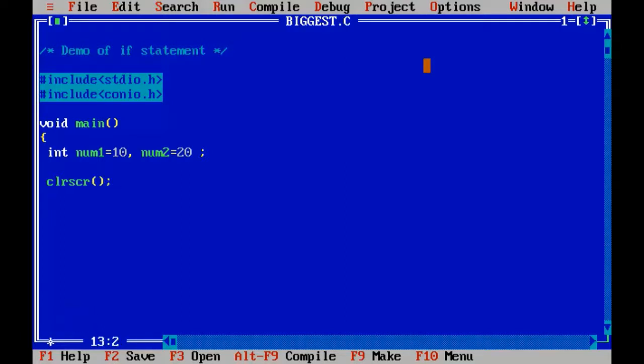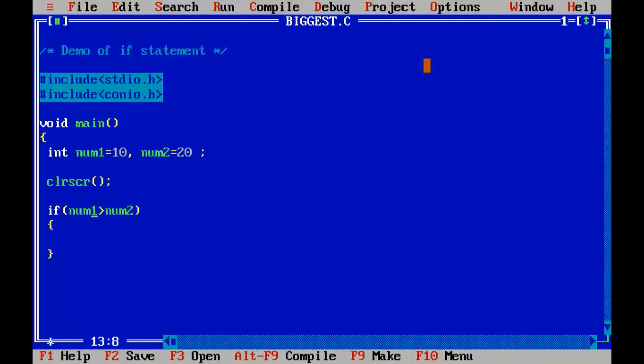So what is the structure of the if statement? First write the keyword if, a pair of parentheses, and a pair of curly brackets where the code lies for when this condition is true. Inside the parentheses I will compare these two variables, num1 and num2. Num1 more than num2. What will this return?